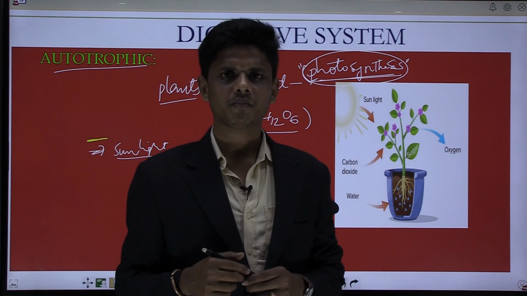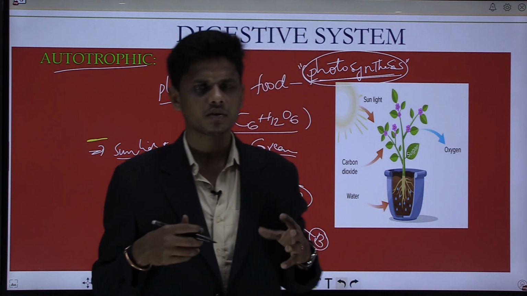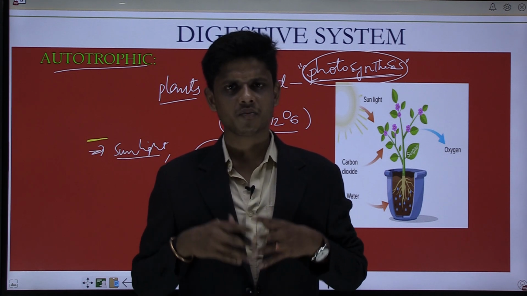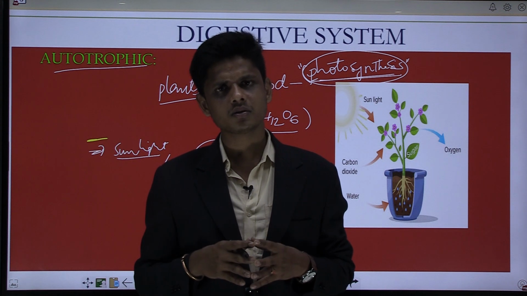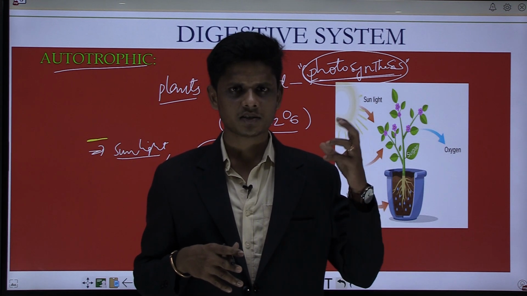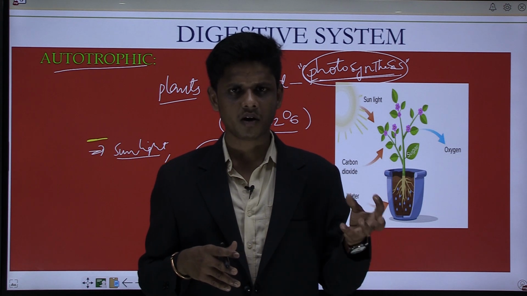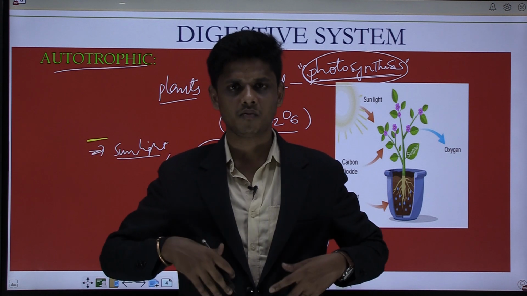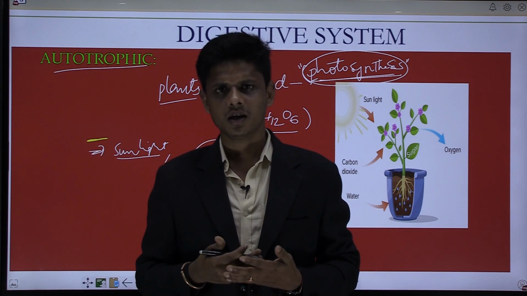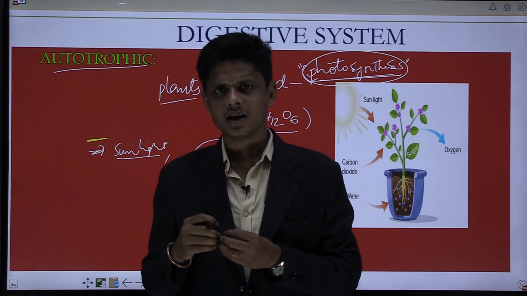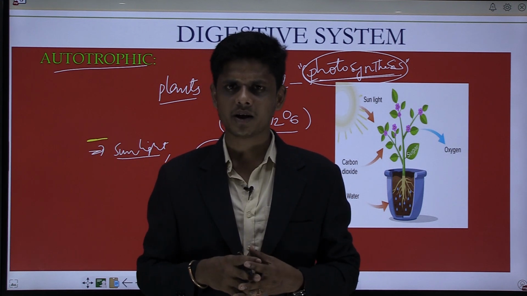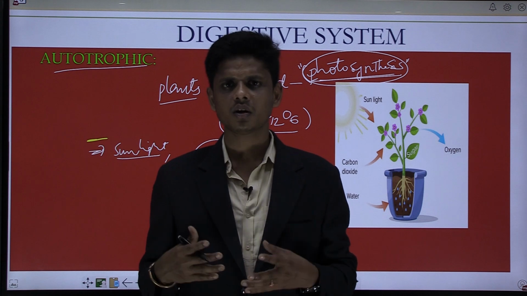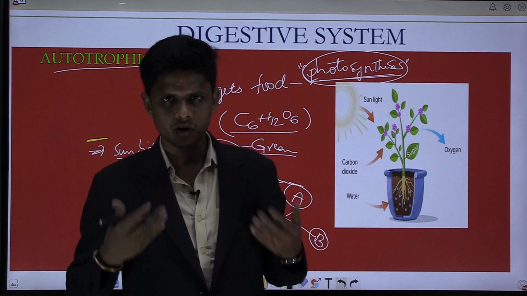And plants also prepare glucose by using carbon dioxide and water in the presence of sunlight and chlorophyll, and it produces water vapor, glucose and also oxygen. This oxygen can be taken by us. So here plants take carbon dioxide, the gas we exhale from our body, and utilize that carbon dioxide and water in the presence of sunlight and chlorophyll. They prepare glucose and also give water vapor and oxygen to us, the air we breathe into our body.